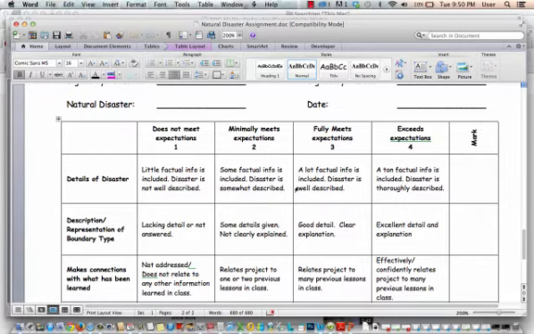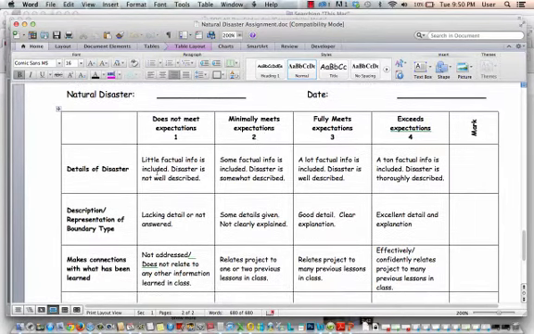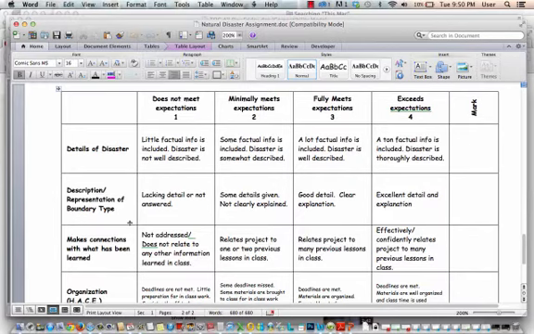So details of the disaster. You can read this together here, but each one, as you can see, will be highlighted in one of these 4 categories. Description and representation of the boundary type. So you can see how important that is. What connections, okay, you can make with your project to the lessons that we've been studying in class.